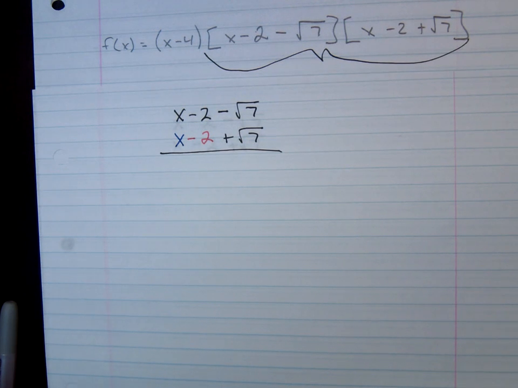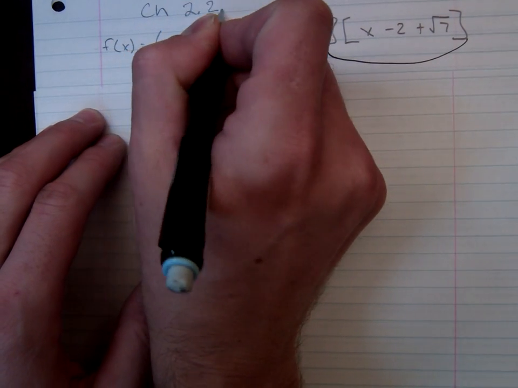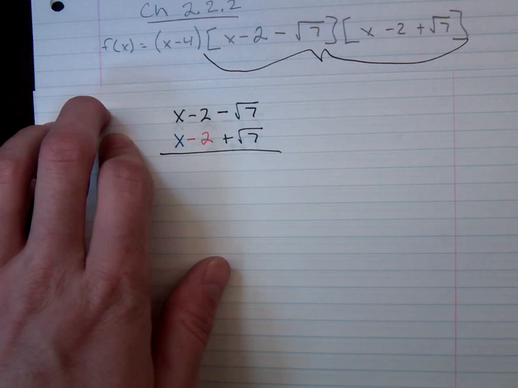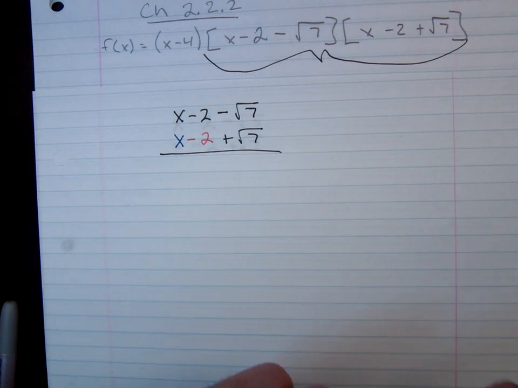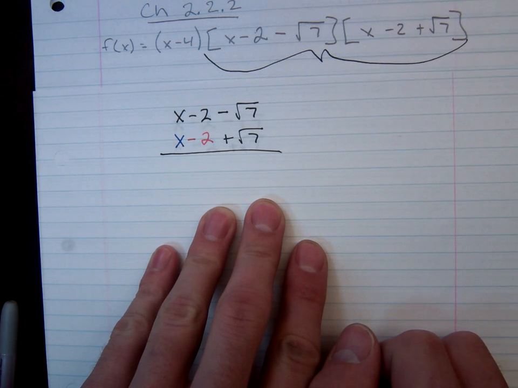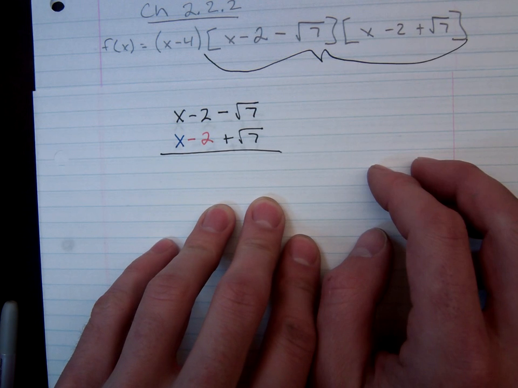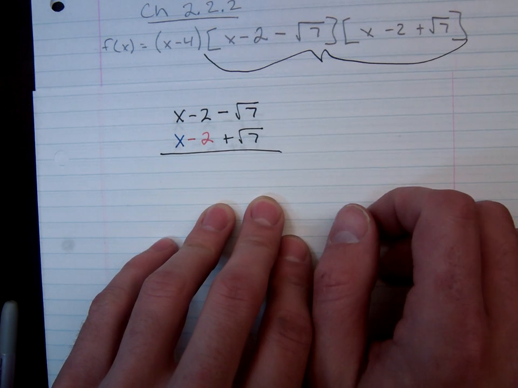All right, here we have an example from today's lesson. Again, this was out of chapter 2.2.2, the second half of chapter 2.2. We had a problem in class where I had explained that we were going to use long multiplication to multiply it out. I'm going to do a piece of this and then you can complete the problem using the same